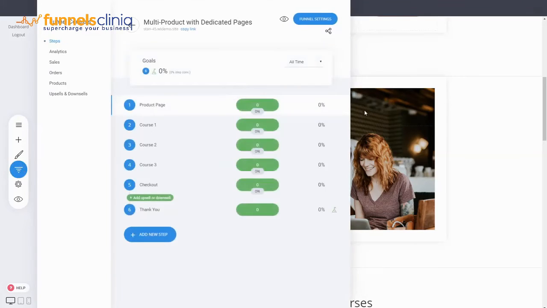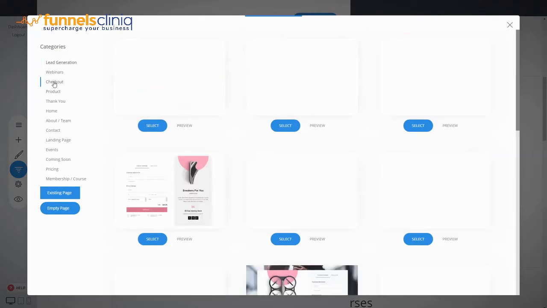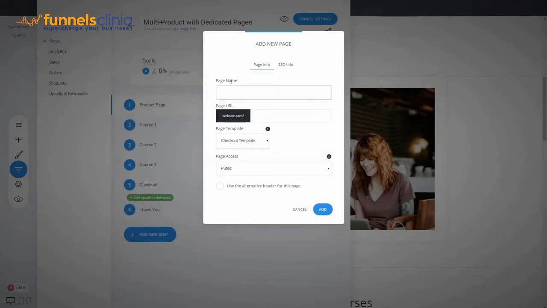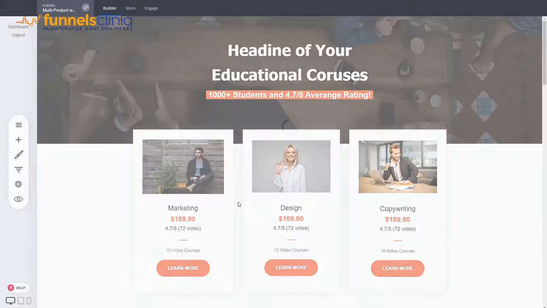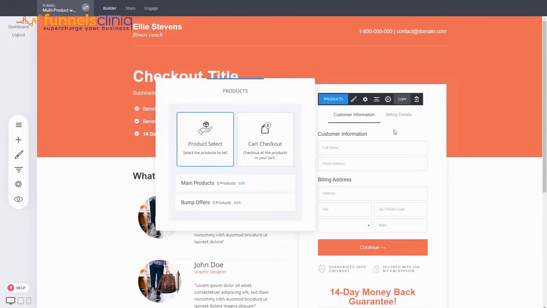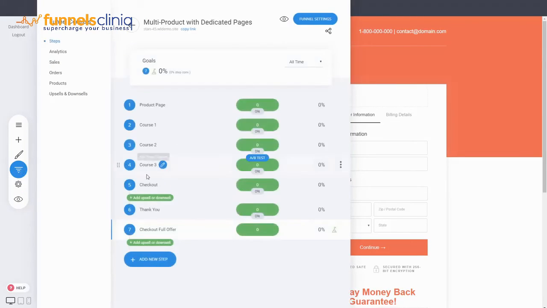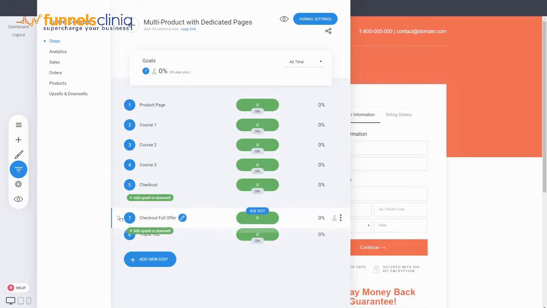So basically, how would you be doing that is to just add a new page, add a new checkout, and you can have something like this, for example, go to checkout, full offer. There are some advantages of doing custom. Of course, we have to select what product we'll be selling. We'll not be doing it right now. There's a few good